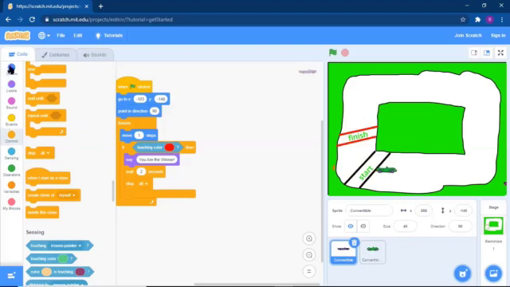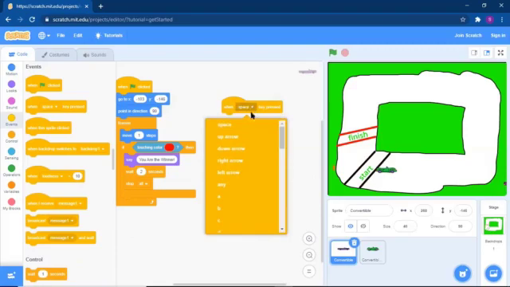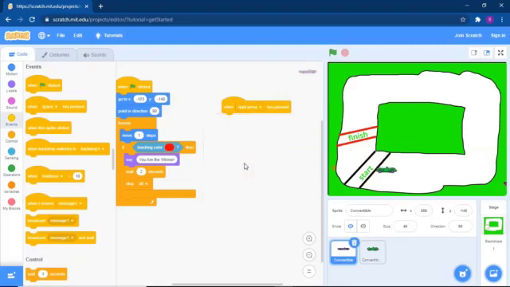Now, while doing this, I need to turn somehow. So I have to give a control key. If I press the right key, what will happen? Right keys and all are in the event blocks. When the right arrow is pressed, what will happen? Because it's going straight. Now I have to press the right arrow so that it turns.